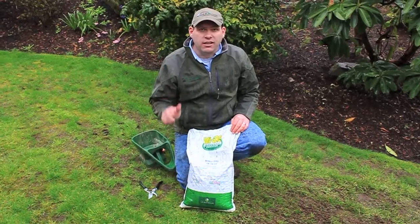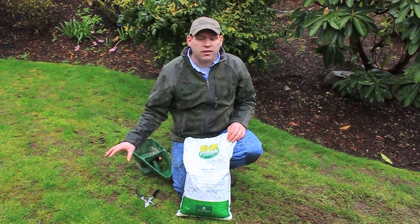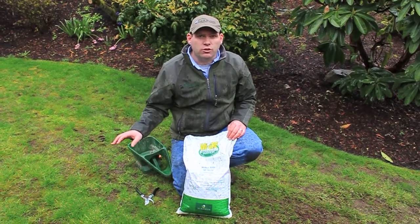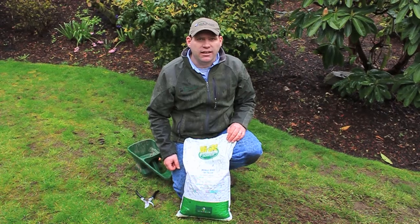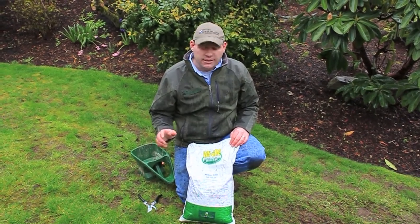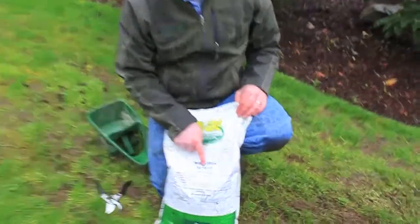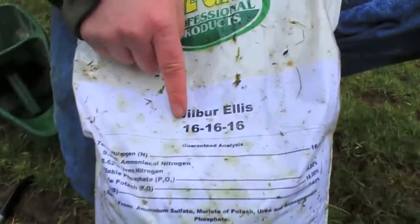Step 5 is applying starter fertilizer. And that's going to not only feed the grass that's already there, but it's also going to help that new grass to get germinated. And what's different about starter fertilizer than regular fertilizer is it's the ratio of the 3 nutrients, nitrogen, phosphorus, and potassium. And in this case, it's just a